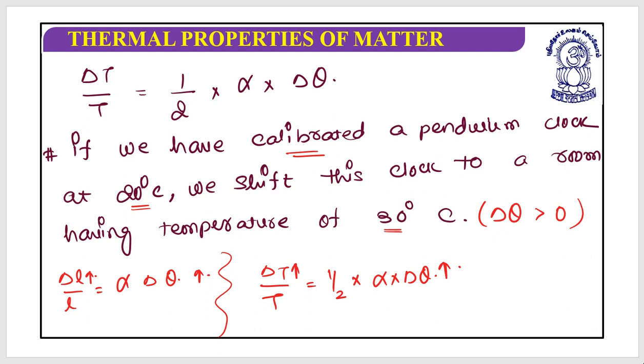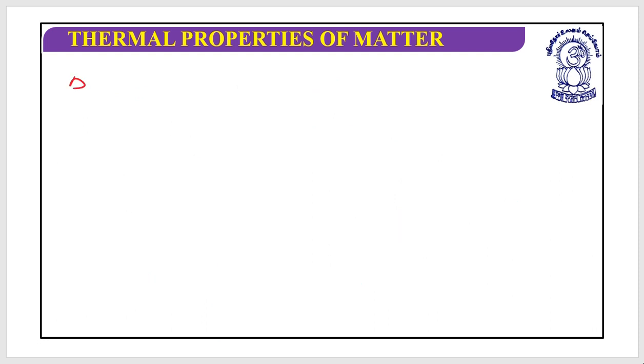Does your clock become fast, or does your clock become slow? What will be the situation? Understand this very carefully. We have this situation: delta t by t is equal to half into alpha into delta theta, and